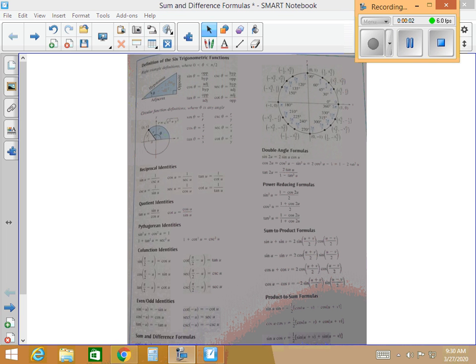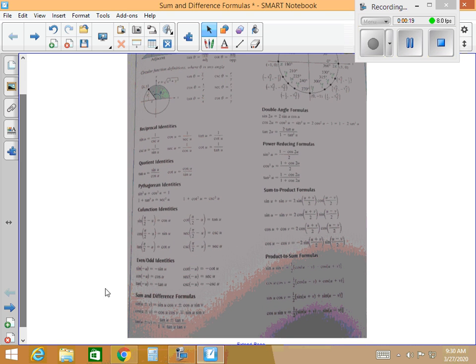Right, last section 2.4 video, I promise. And then we will start moving in to 2.5, rules and identities and more things from this list here. Okay, one thing that we can do now that we know the sum and difference formulas down here at the